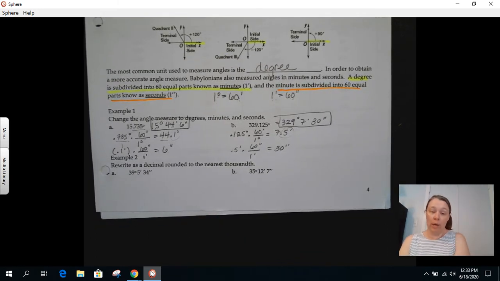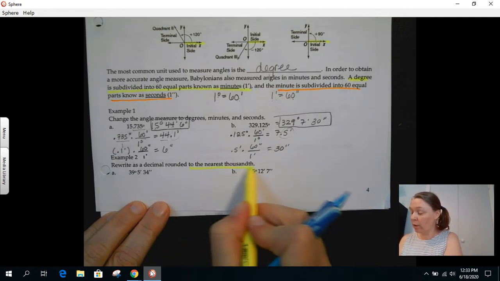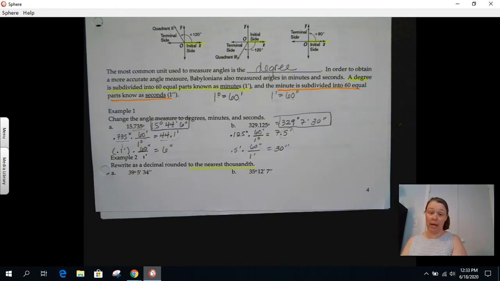If I give it to you in degrees, minutes, and seconds, now what would it have been just in degrees? And it says to the nearest thousandth. Okay, and this is important. Thousandths means out 3 place values. All the directions are always going to say to the thousandth. And even if it doesn't, if you're converting between degrees, minutes, seconds, you always want to go to the nearest